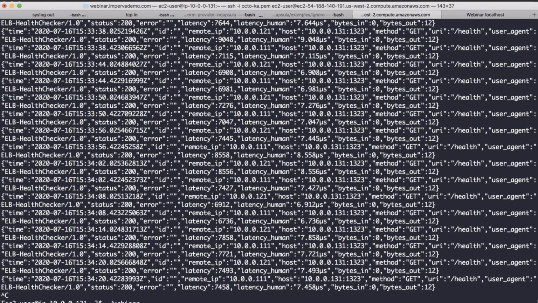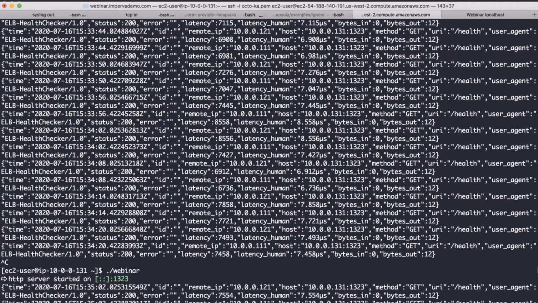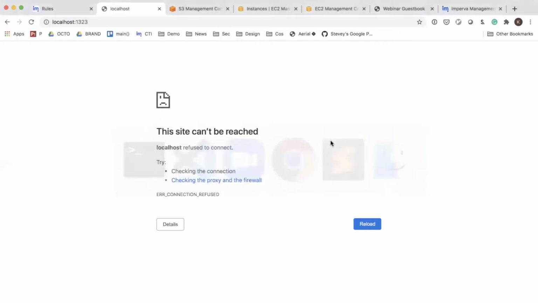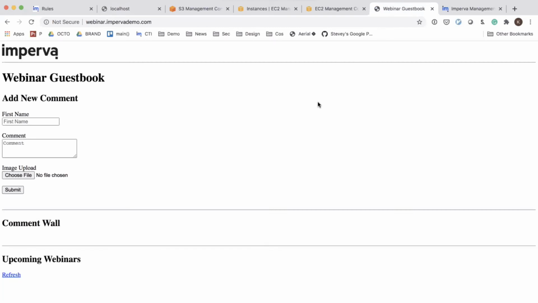We'll wait for the health checks to come by from the Elastic Load Balancer. You'll see those pings come in. I think we set the threshold to about 5 seconds or 5 checks or so, before the load balancer re-registers the instance and pulls it back in publicly. But I'll go back in and I will just jump over to the webinar page over here. You'll see we cleared out everything. We bounced the server, pretty straightforward.